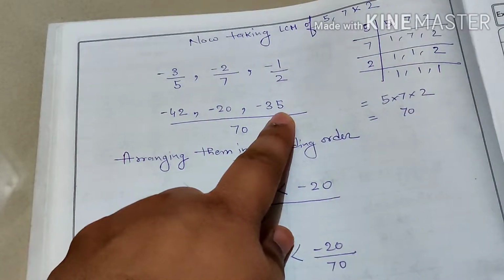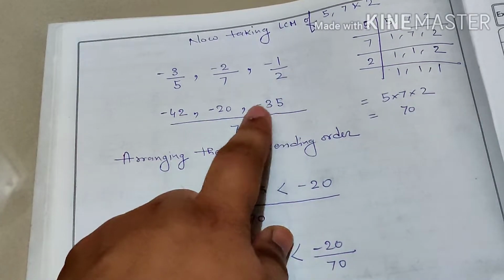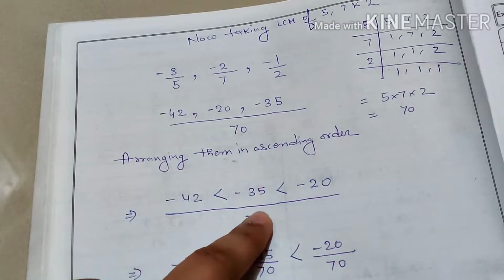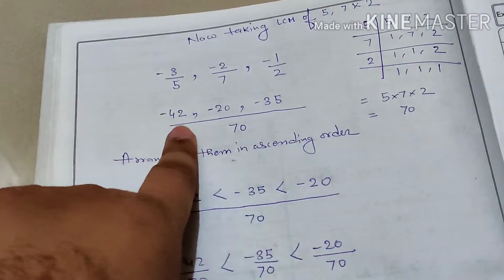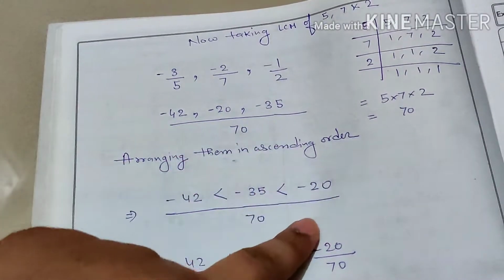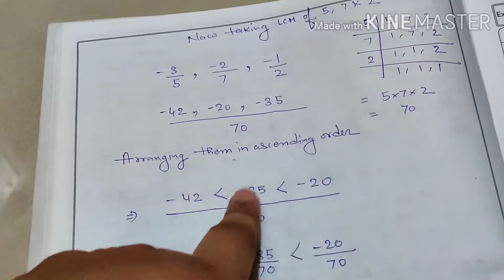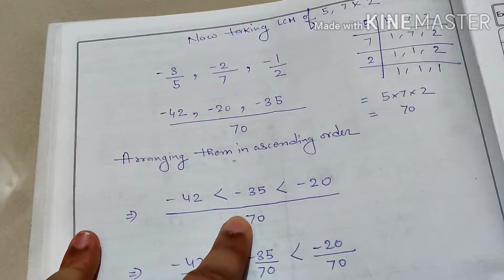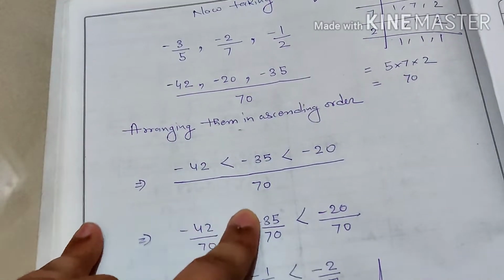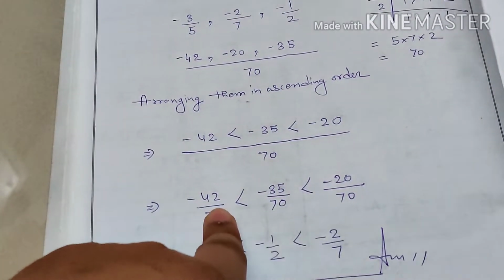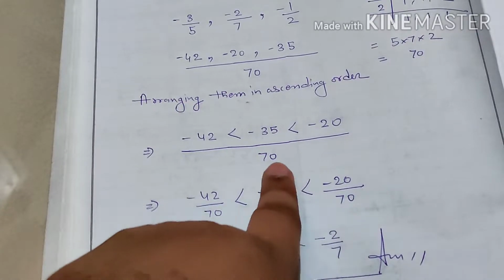Next greater value is -35. So -35 is the second lowest number, and which is the greatest? -20. -20 is the greatest value. Okay, now after arranging this, separate them by separating the fraction in